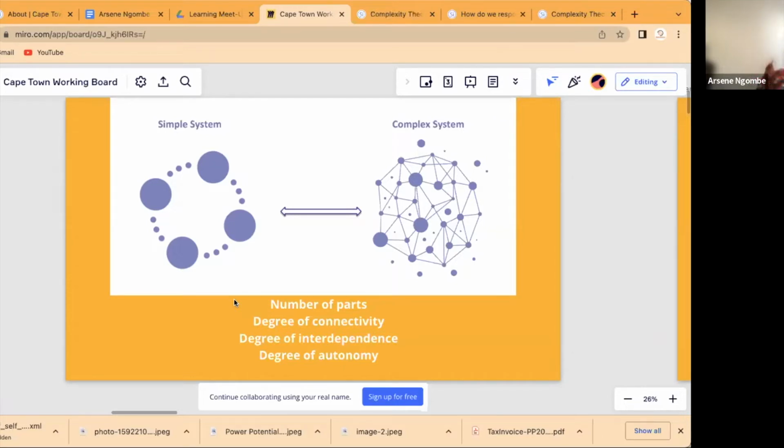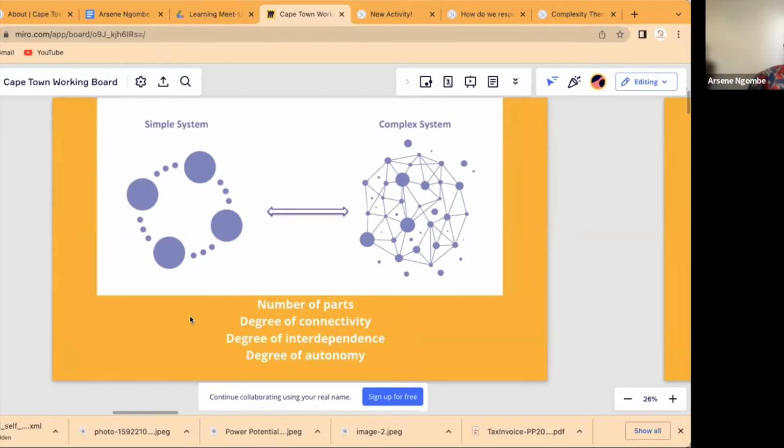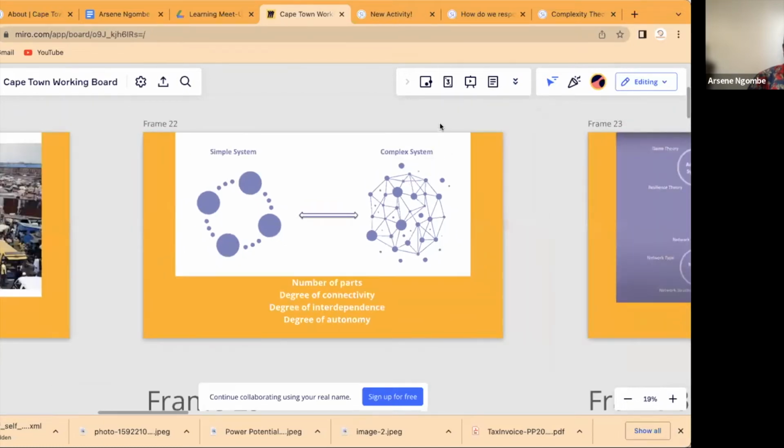Yet when you're dealing with a complex system, you know that the parts are a lot. You need to know how they are connected, the roles that they are playing, and so on and so forth. And that actually gets quite interesting, because if you get to that point, then you begin to see the importance of why systems thinking can be useful in dealing with complex systems. So complex systems have the properties of having many parts with a high degree of connectivity, as I said.